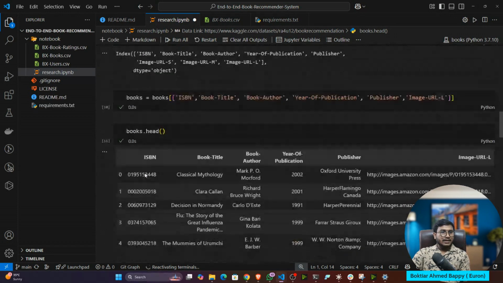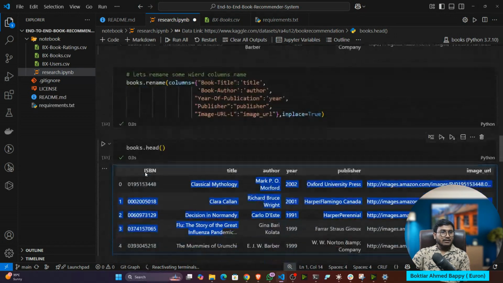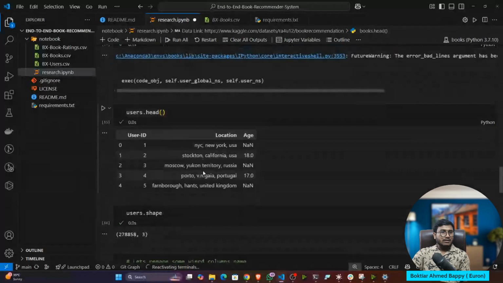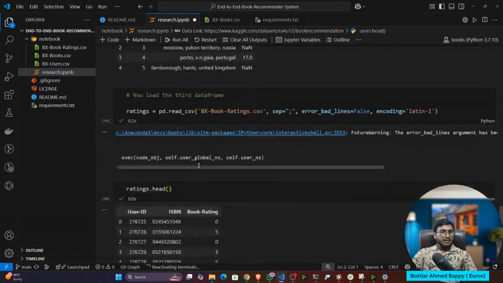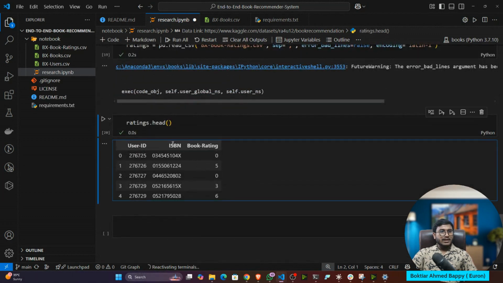The second data is having the user information, that means user ID, location, and age. And the third data is having user ID, ISBN number, and book rating. That means it is having some relationship with all the CSV files, so that I can get the user information easily.